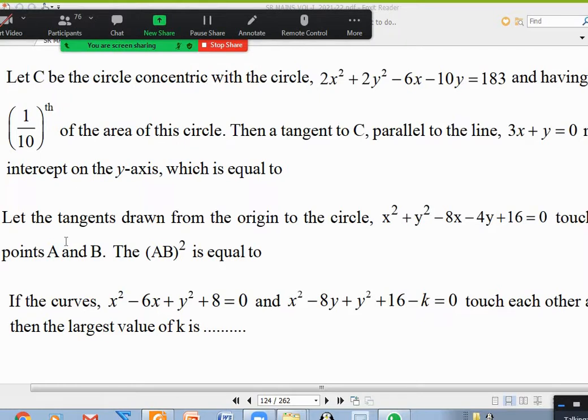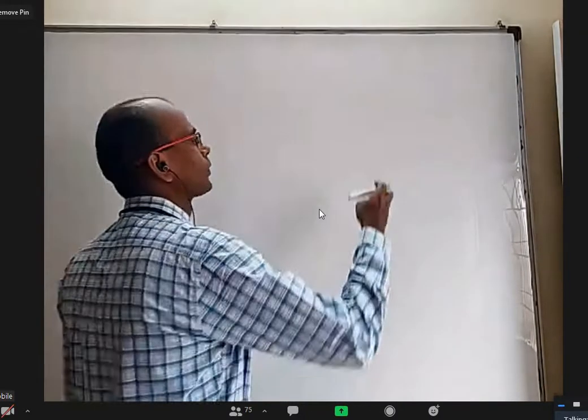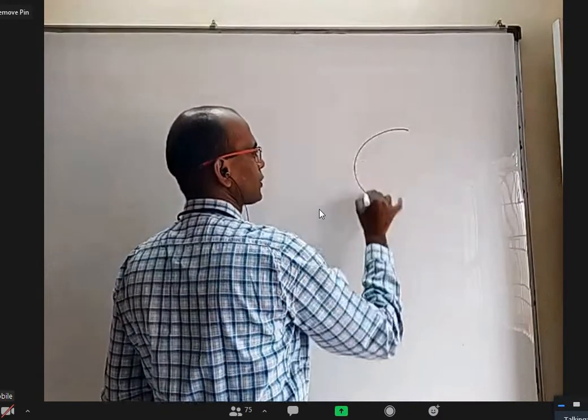Yeah, you can find the foot, but I think without finding the foot also we can do it, right? Sir, we know the tangents and the distance between the origin and the center. We can find the area of the quadrilateral formed by the origin, the point of contact of the tangent and the center of the circle. Area equals length of the chord into distance between origin and center. Okay, you want to do it that way. I think you can do it in different ways.